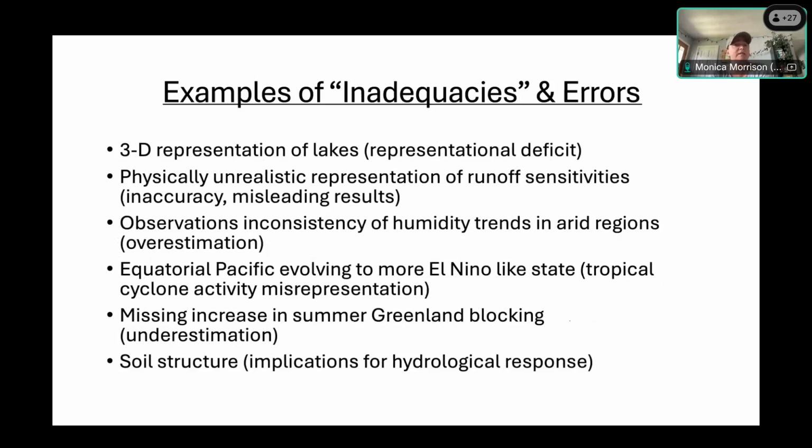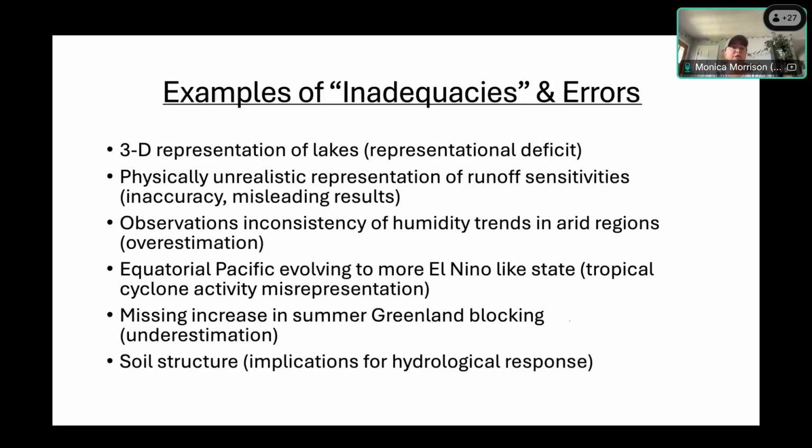Another bias is the equatorial Pacific evolving into a more El Nino-like state, which can lead to a misrepresentation of changes in tropical cyclone activity in the North Atlantic. There are also things that are entirely missing, like the increase in summer Greenland blocking. And then there's